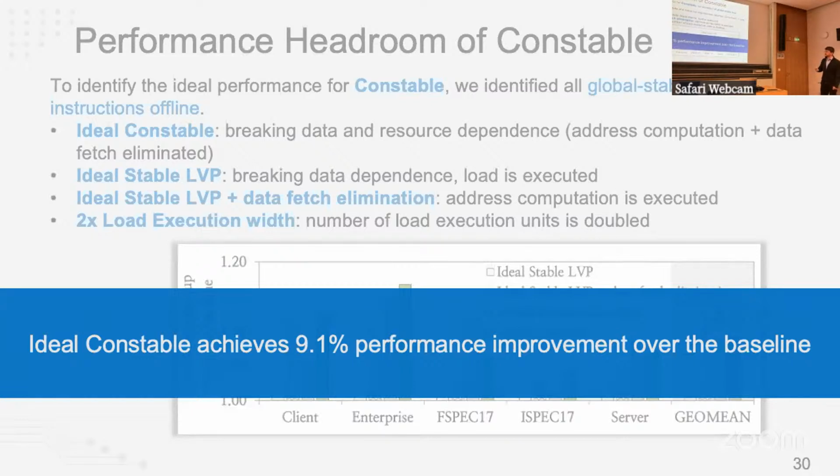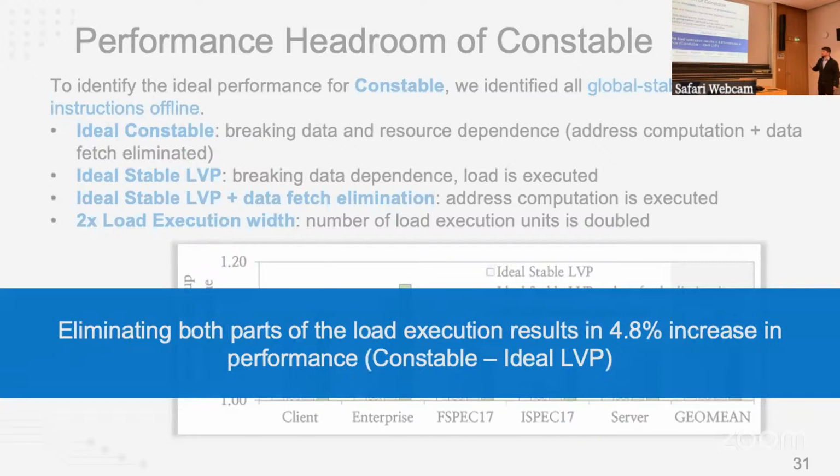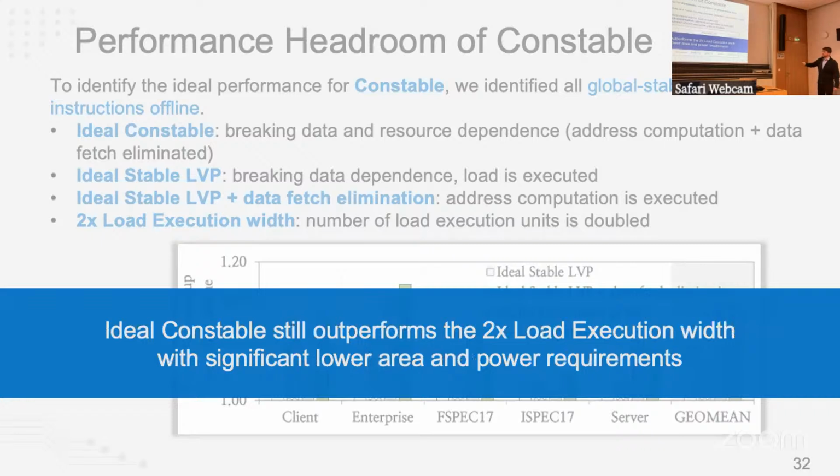From this figure, we can conclude that the ideal Constable achieves a 9.1% performance improvement over the baseline. Eliminating both parts of the load execution results in almost a 5% increase in performance. This is the comparison between Constable and the ideal load value predictor. And finally, the ideal Constable still outperforms the machine that has double the load execution units, which, of course, comes with significantly higher area and power